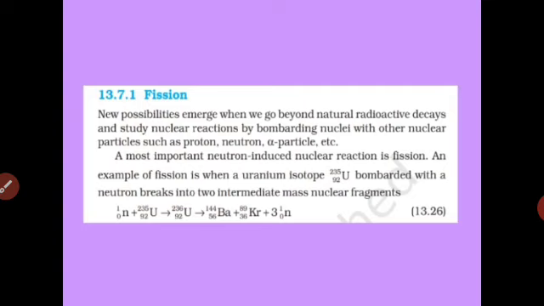Now, this uranium nuclei with an additional neutron becomes highly unstable, and in order to gain stability, it undergoes disintegration. Thus, we see that it gives us barium and krypton. Barium has 56, 144 and krypton has 36 and 89. Along with this, 3 more neutrons are produced. So this is a fission reaction where a heavy nuclei splits into 2 lighter nuclei in order to gain stability.